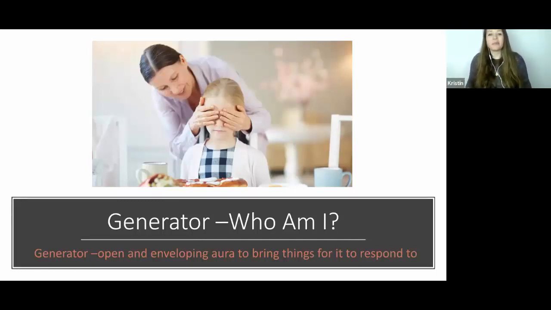And that's why the generator will ask, who am I? Because it's so open, it's taking in this aura and that aura and five auras at the same time, and it's like, wait, who am I? Which one am I? It's designed to have self-awareness through the sacral response. If it's not tapped into its sacral, then it doesn't know who it is, and it becomes the not-self. It becomes whoever it thinks it is, and that will depend on what your chart looks like, how much openness you have, how many centers you have open. That's also going to add to this. So the generator will literally bring things to it, and it will be very open.